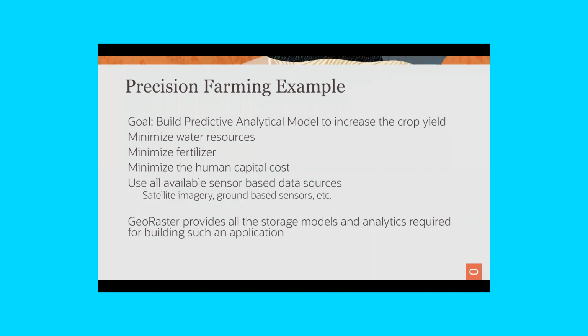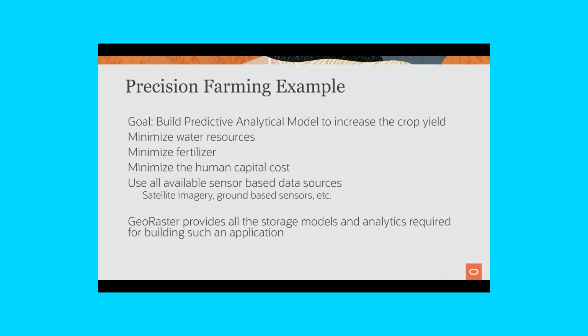So if you just look at the picture, it's an RGB picture that looks like an image, but the satellite images also have some other sensor data that lets you understand and analyze the nature of the farm. By analyzing these other sensor data, you can understand whether things are growing as they're expected to grow or not. To do that kind of analysis using the pixel data, you need a lot of sophisticated algorithms. And we built all of those algorithms into the database itself. So now, just using PL/SQL APIs, you can do this type of analysis.